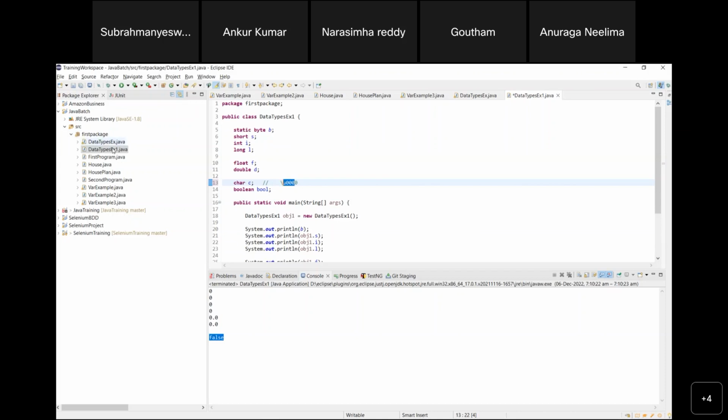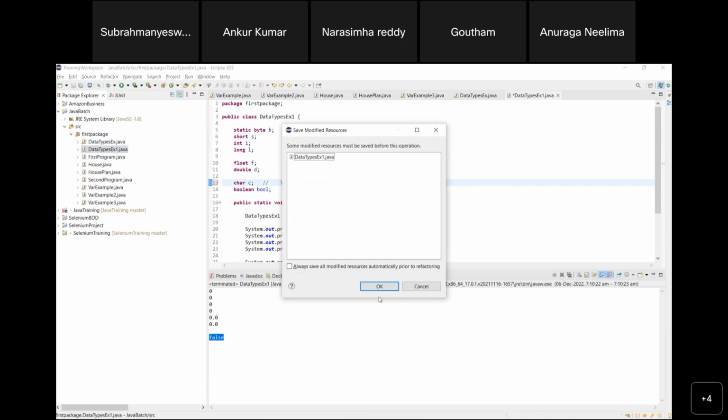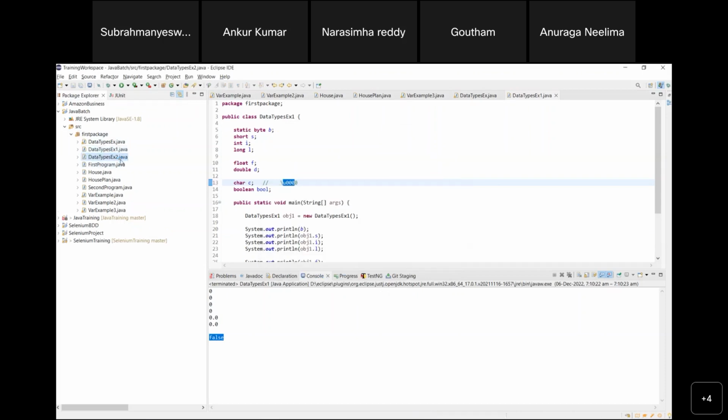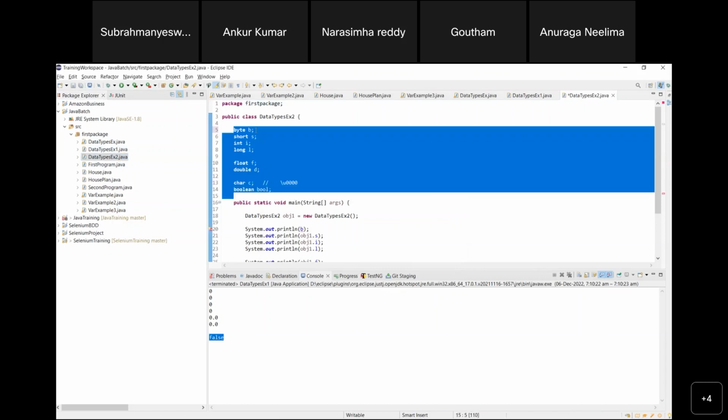Let me create another one. Control C, Control V. Data types example 2. Let me open this data types example 2. In this one, instead of creating a local variable,